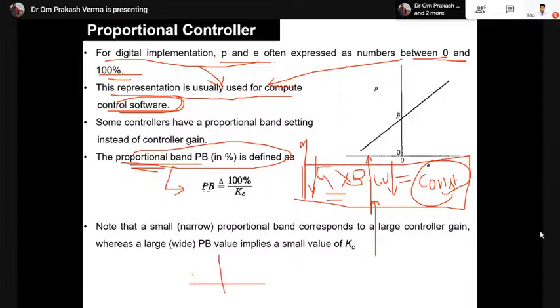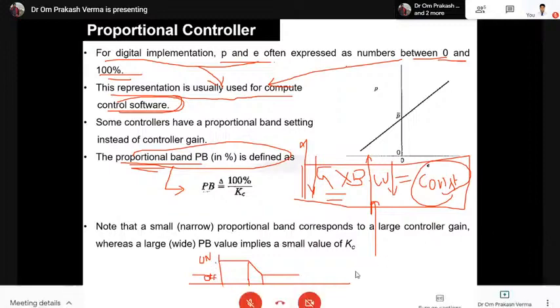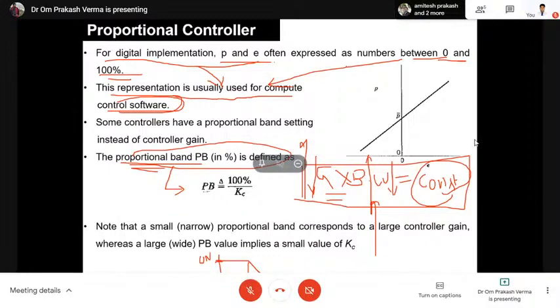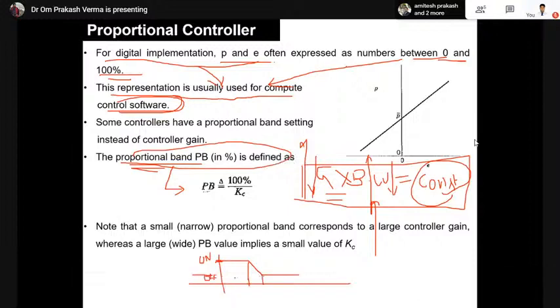So see here what we have mentioned. This is the on case, and this is the off case. On off means the proportional controller is on here at 100%, and this line represents 100% off. So this is the gain Kc, and this is the bandwidth. This one is the bandwidth, right?